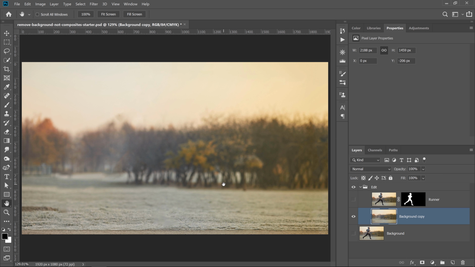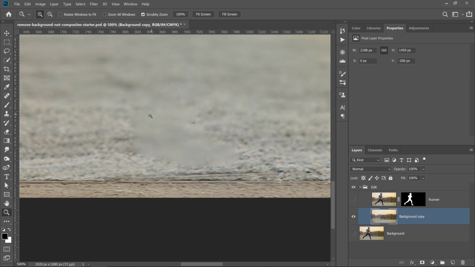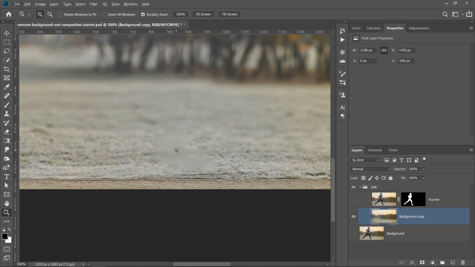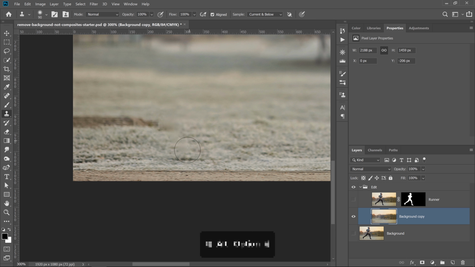And there's only one thing that we need to worry about. If I press the Z key on the keyboard, click to zoom in, you'll see that this area where his foot was is a little blurry. So I'll work on that, and I'll use the Clone Stamp tool to fix it. Hold Alt, Option on the Mac, and click to set a sample source. Then you can start painting in those pixels in a different area and hide the blurry pixels. I'll pan over and work on this area since it's a little blurry as well.